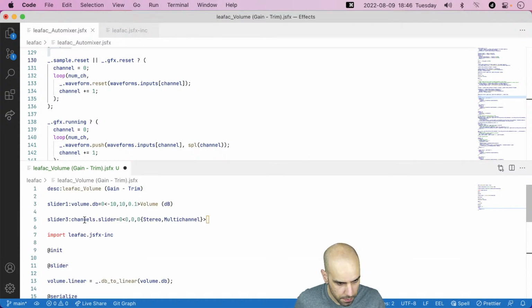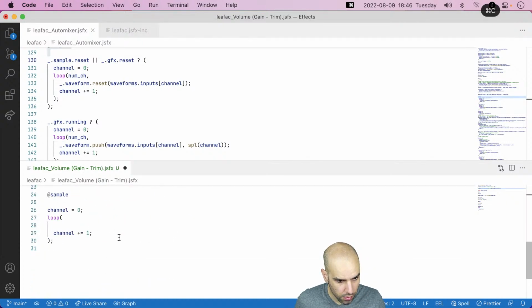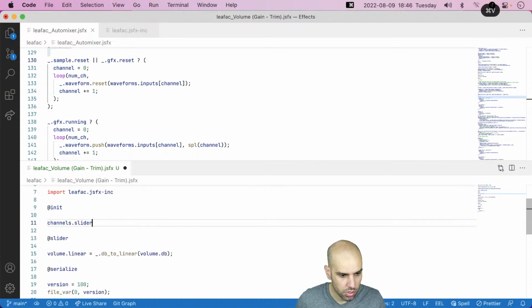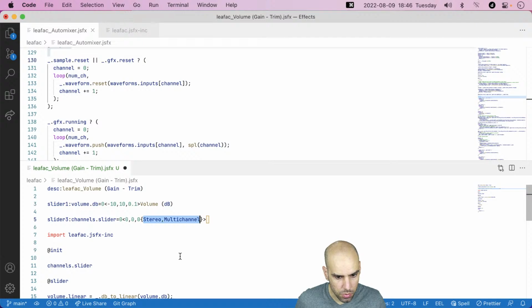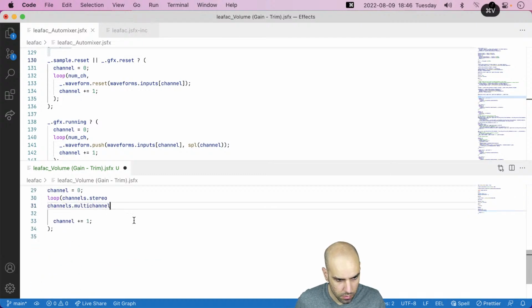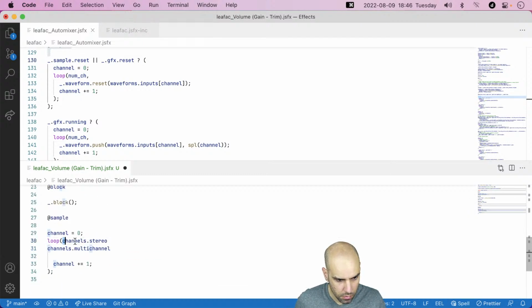And let's have two constants here, an enumeration, so to speak, for the different options. So if the